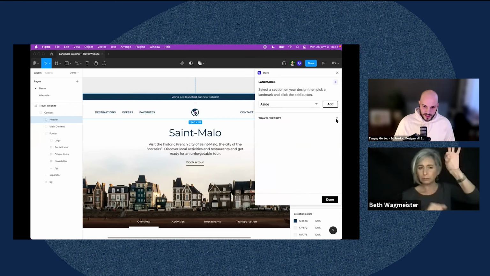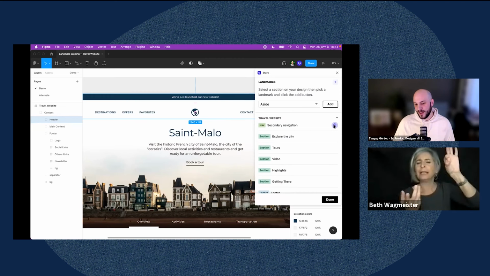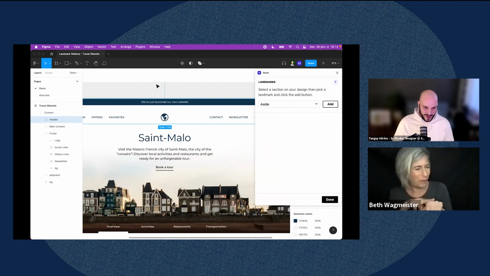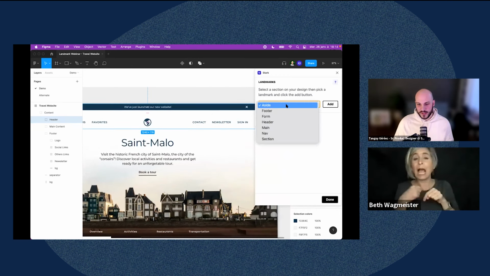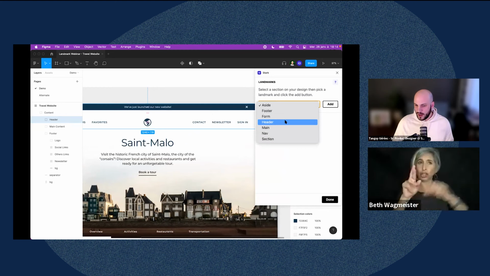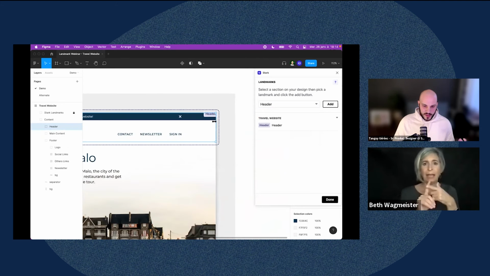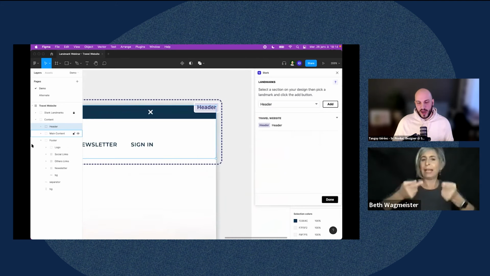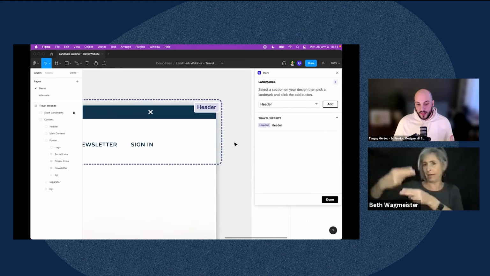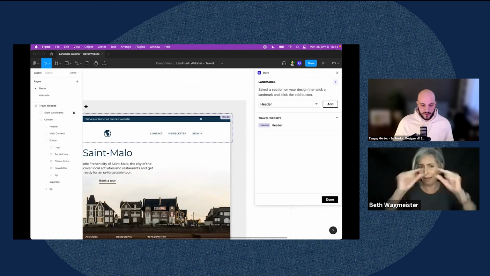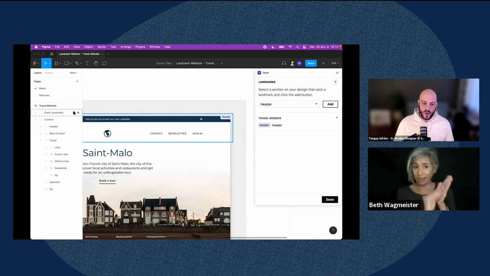Actually, I'm cheating a little bit because I tried that before, of course. So let's roll that back. I selected that header. This is pretty straightforward. I'm selecting the header landmark and I'm adding it. What you can see is that it will pull the name of your actual layers and put it as a name next to header. Now, when the developer comes to your design, they will see that you have identified that section of your design to be a header. Of course, if you're still designing and it gets in the way, you can always hide it,